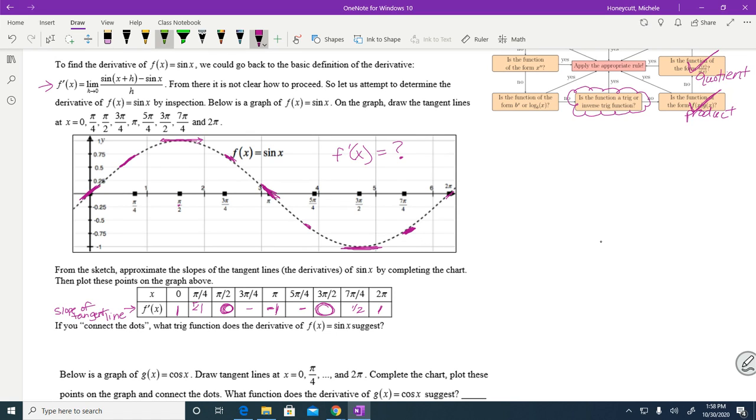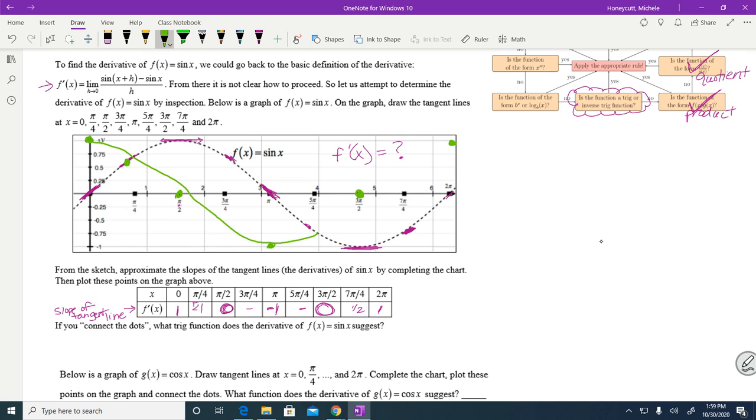So let's plot these values. So 0, 1. When x is pi over 4, that was hard to determine, but when x is pi over 2, we had a point at 0. So less than 1, let's say maybe somewhere around here-ish. Maybe we can see a pattern. And then at pi, the derivative we estimate to be about negative 1. Then at 3 pi over 2, we estimate the derivative to be 0. And at 2 pi, we estimate the derivative to be 1. So if I connect these dots,